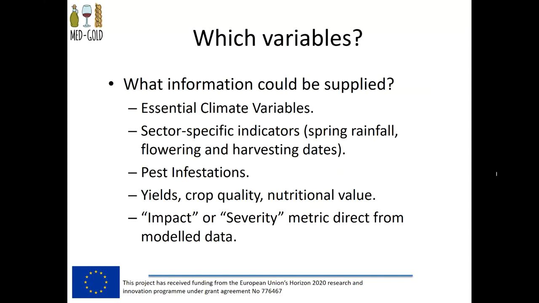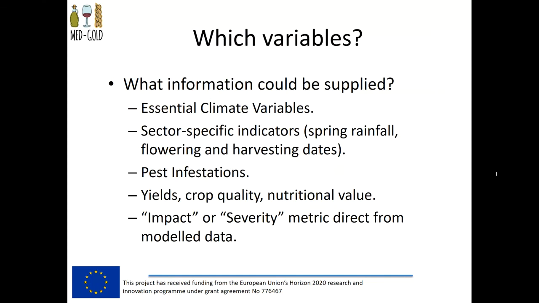So one thing we developed in the Met Office a few years ago for the transport sector was this impact metric based on our seasonal forecast for winter. So this was just a simple metric to predict potential levels of disruption from bad weather, depending on whether the forecast was for a mild and wet winter or for a cold, snowy and icy one.